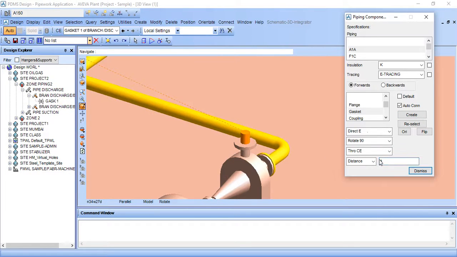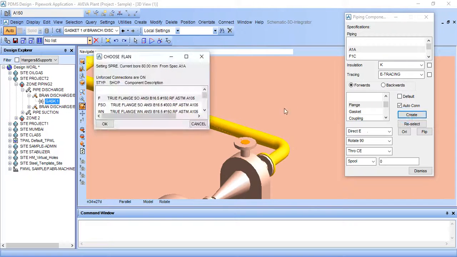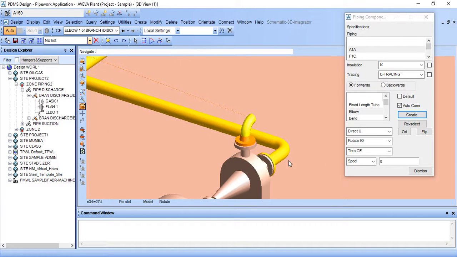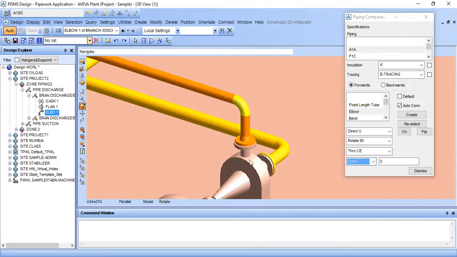So we will give 3 mm to the gasket, spool, after this flange, weld neck flange, elbow, 90° elbow, rotate through 90°, mm spool.